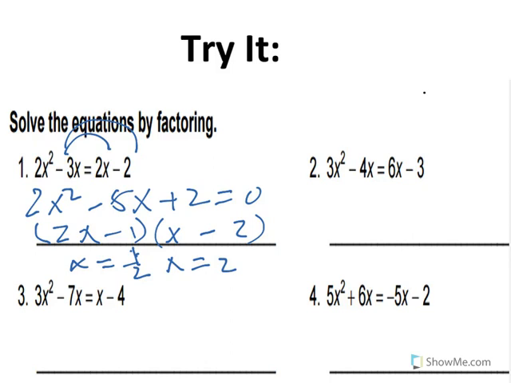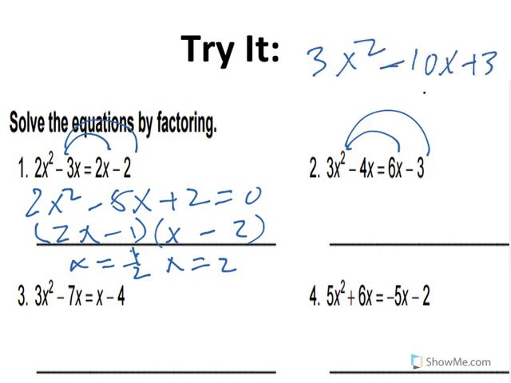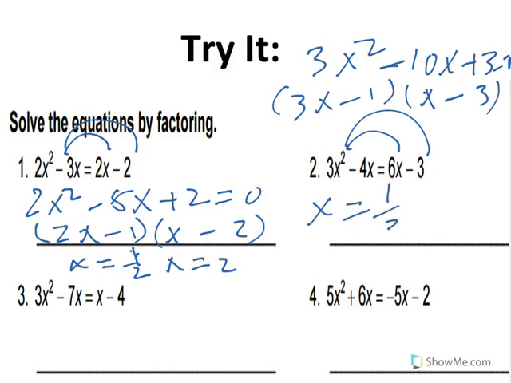And for number 2, the same thing, move everything over to this side. This gives us 3x squared minus 10x plus 3 equal to 0. Then we can factor this, which gives us 3x and x. We need a positive 3 and a negative 10, so we can have a negative 3 here and a negative 1 here. So our answer is x equals 1/3,